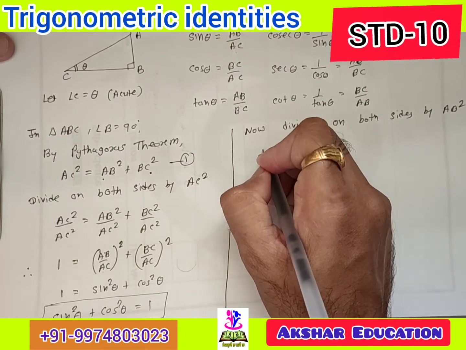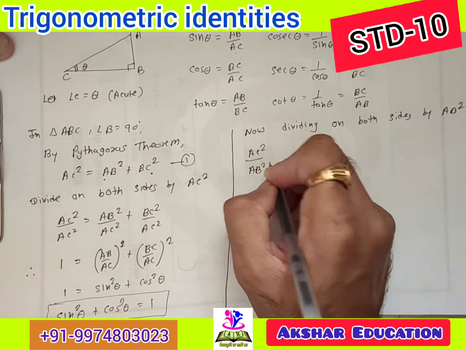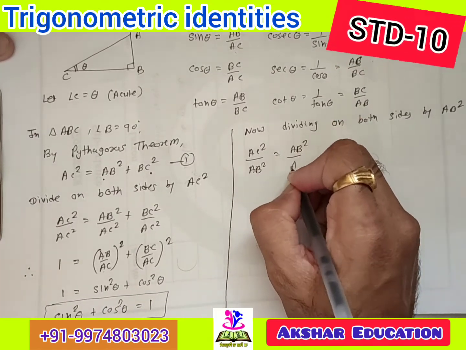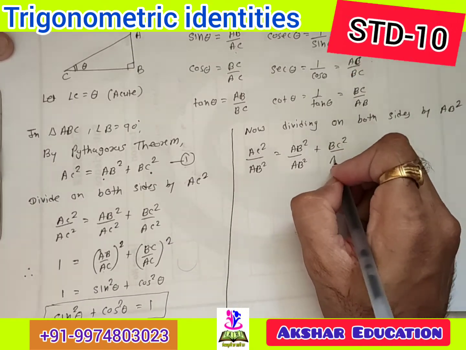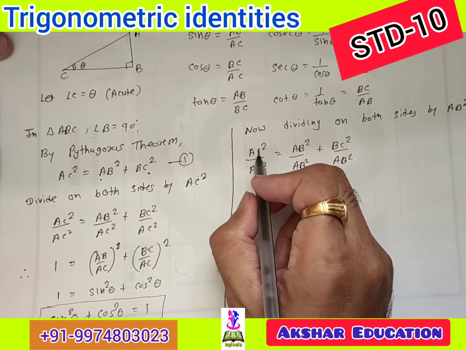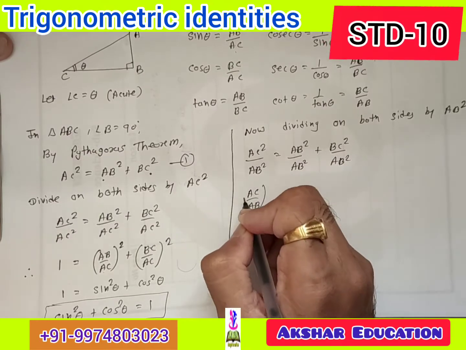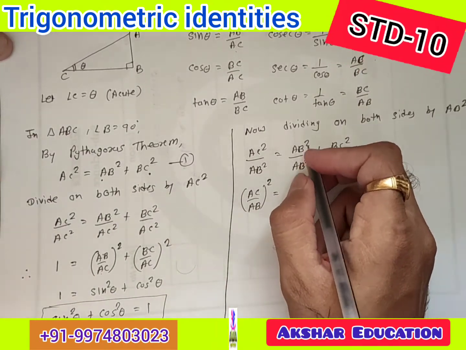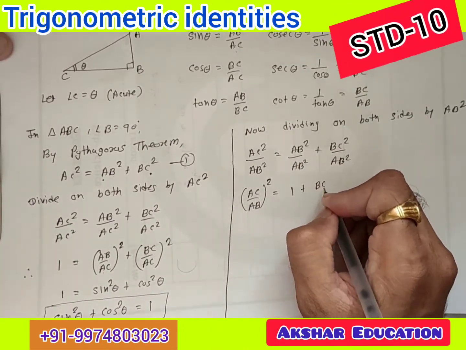So it's AC square by AB square equal to AB square by AB square plus BC square by AB square. Simple. So AC by AB whole square is there, equal to AB square by AB square. Like terms will cancel, so it's 1. This one is BC by AB